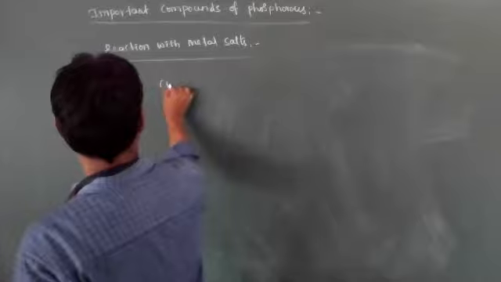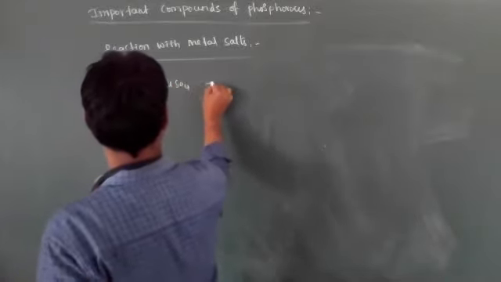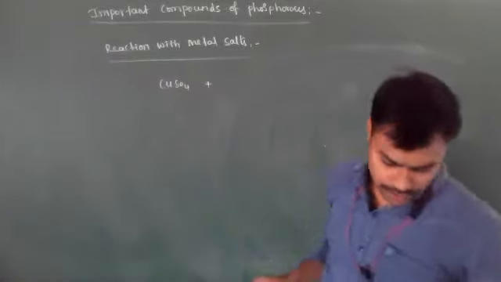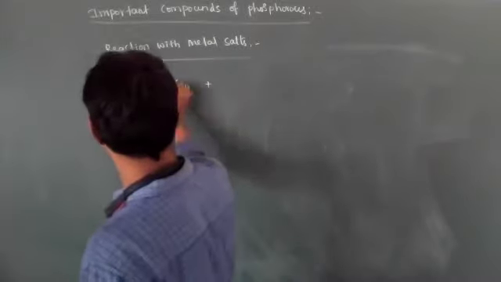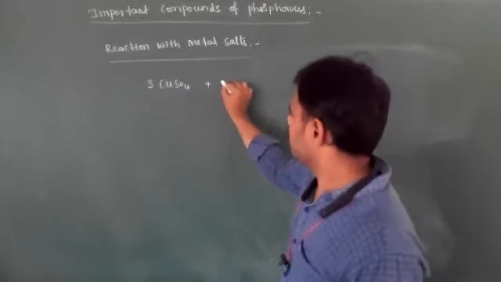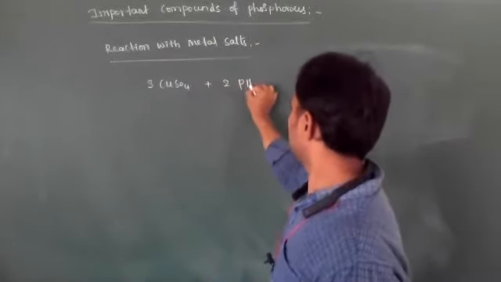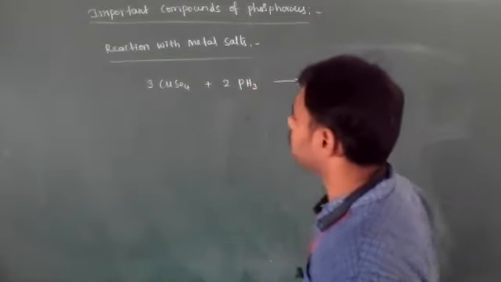For example, whenever it reacts with copper sulfate, phosphine forms the corresponding phosphide